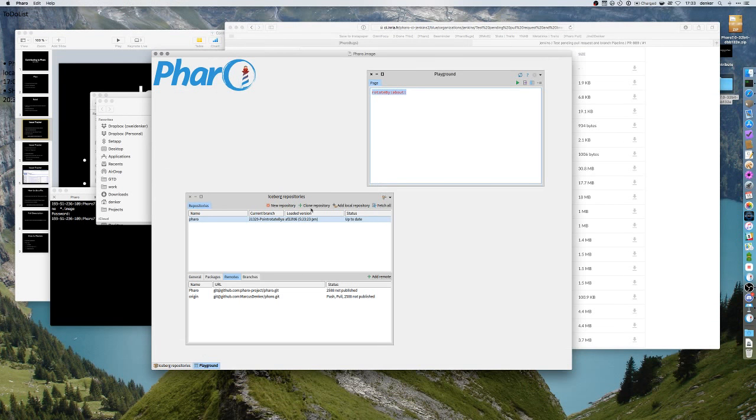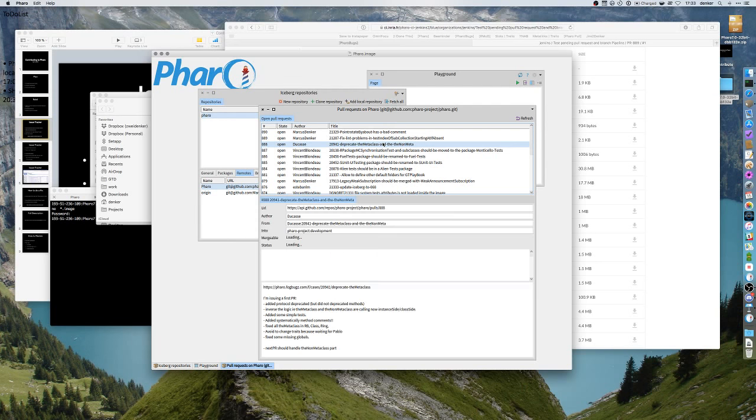And for that, we have a reviewing tool as part of Iceberg. So you go, you select down here the Pharo repository, and then you have GitHub review pull request. And there you see all currently submitted pull requests to the system. And so you can select it, you see the description, and there is a menu which says review. And this will